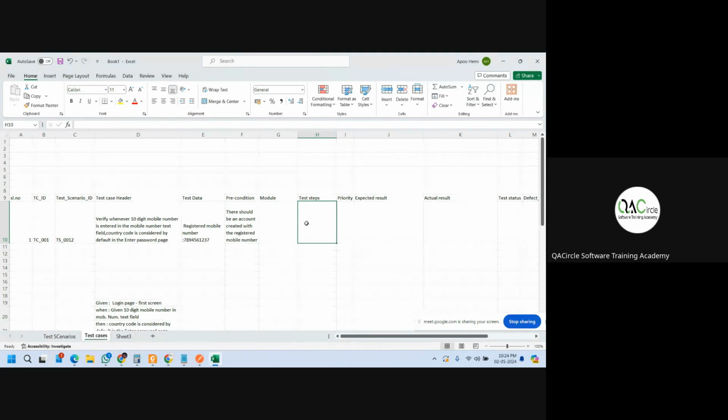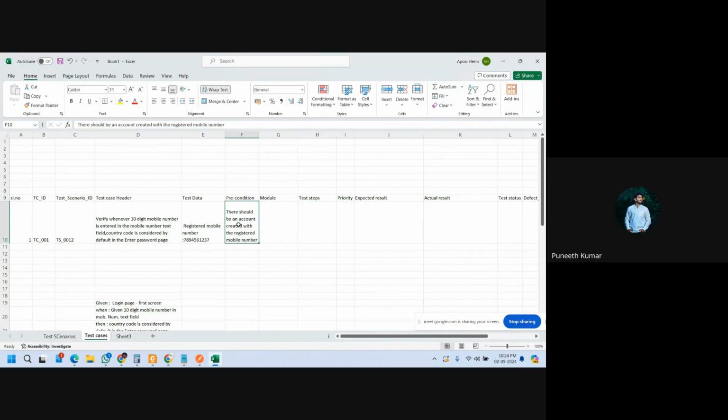Assume you want to test this. Now I'll forget about the module. This is not much important, but I'll come back to this later once I finish this test step. To make it more understandable, now I'll start with the test steps. When you have to start with the test steps, what is the first step that you need to do? You have to say, enter the URL,